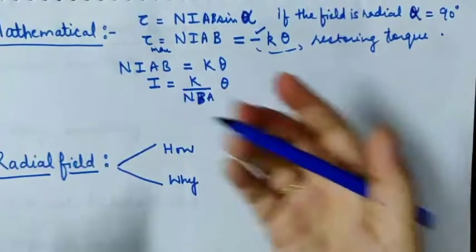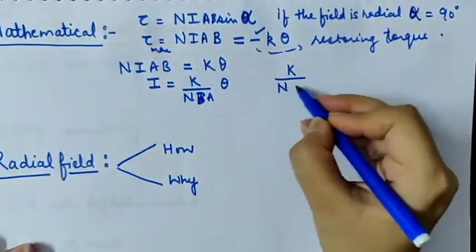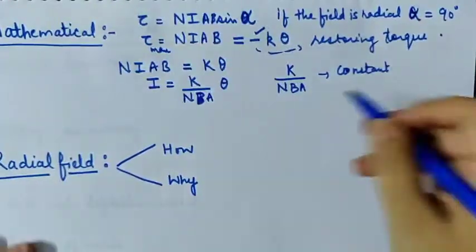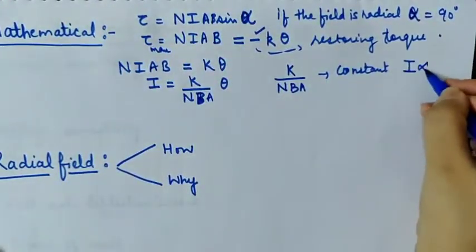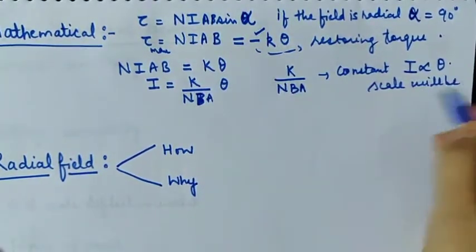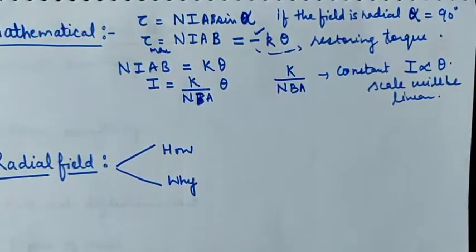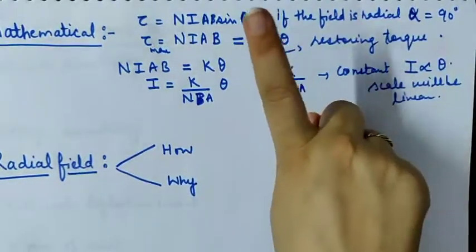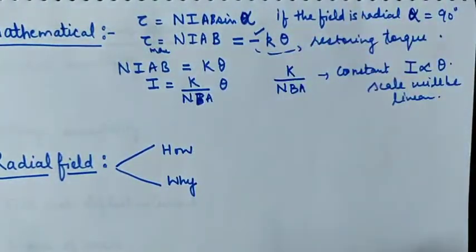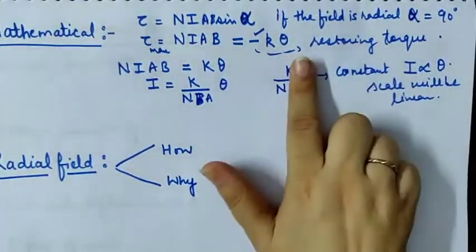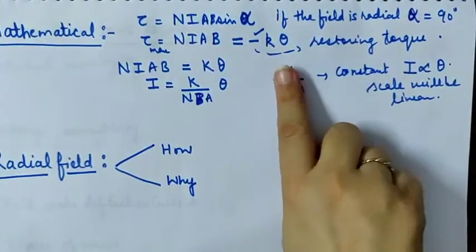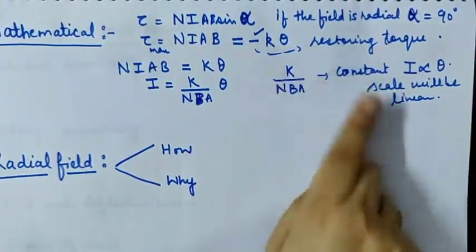What is this k? This is also a constant quantity. So if k upon NBA turns out to be a constant for this particular circuit diagram, then I is directly proportional to theta, meaning the scale will be linear. इसका क्या मतलब हुआ? इसका मीनिंग हुआ कि अगर आपका करंट 1 एम्पियर फ्लो करता है तो शायद 1 डिवीजन टर्न हो जाएगा. करंट 2 एम्पियर फ्लो करता है तो आपको कैसे पता लगा कि गैल्वेनोमीटर 2 एम्पियर शो कर रहा है? क्योंकि शायद वो पिछली बार से डबल ट्विस्ट कर जाएगा, और अगर करंट 3 टाइम्स हो गया तो शायद वो पिछली बार से 3 टाइम्स ज्यादा अपनी नीडल को टर्न करवा लेगा.